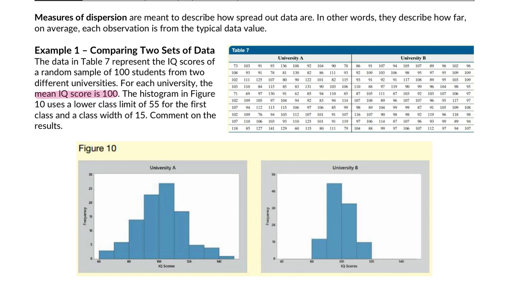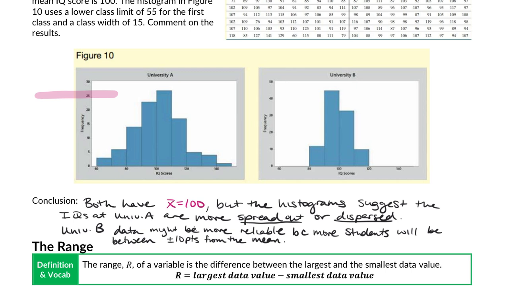Okay, so let's draw some conclusions from these results. For both of these, the average IQ is 100. But if you notice, University A has a bell curve that is more spread out than the bell curve of University B. So the conclusion we can draw here is that though the mean is the same, the histograms suggest the IQs at University A are more spread out or dispersed, which tells us then that University B's data might be more reliable because the students will be between,